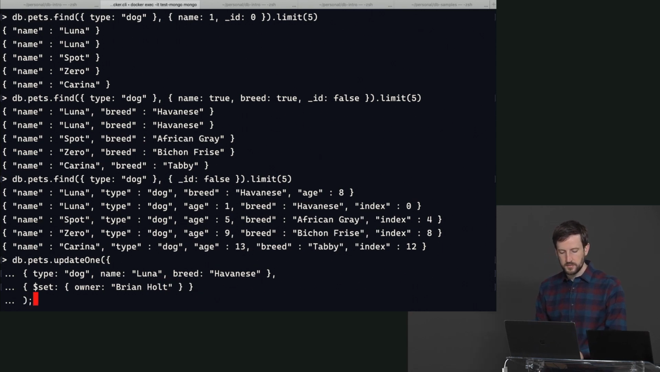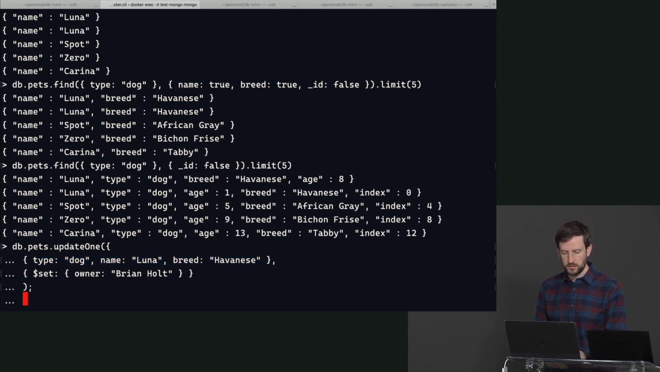Okay. So let's just kind of break this down. updateOne, you're going to provide it a query object and an update object. The first one is going to find the document that you're trying to update. The second one is going to tell it how to update it. So if I run this,